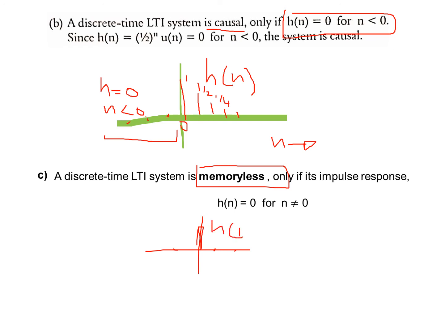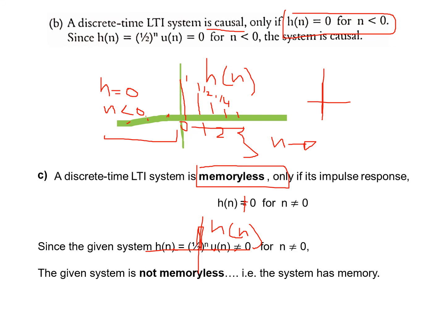But in this case, is this condition satisfied? You can see even at n equal to 1, n equal to 2, the signal value is present. The value may become 0 when n becomes infinity, but till that time, the values are there. Impulse response means you applied one impulse at the origin, but the output kept on happening even after the origin. That means h of n is not equal to 0 for n not equal to 0. N not equal to 0 means all these values are not equal to 0. That means this is not memoryless. The system has memory.